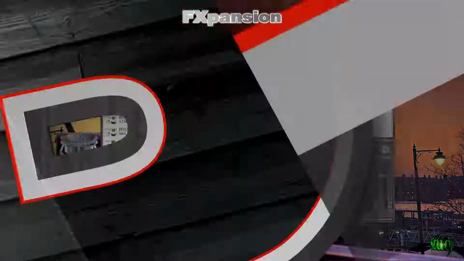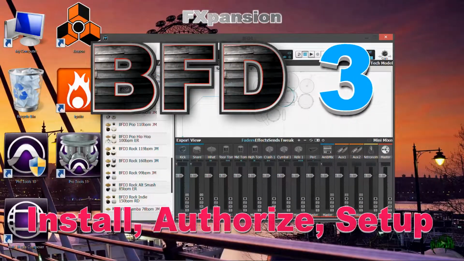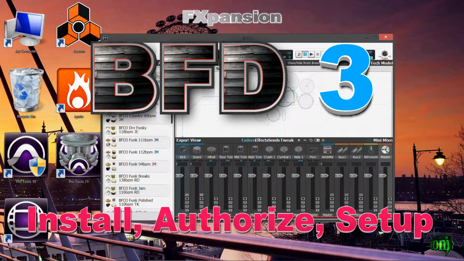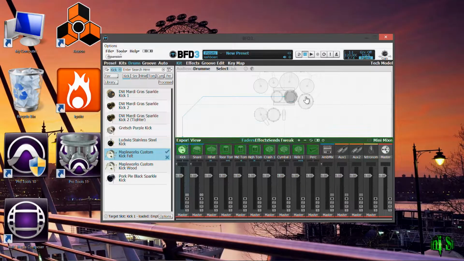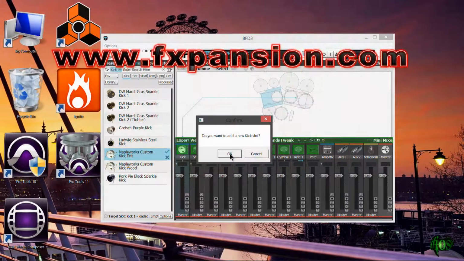In this video, we're going to install BFD3, download the BFD3 core library, install that, and also authorize BFD3 with the FXpansion license manager. So after you've purchased BFD3, and one place you can purchase BFD3 is of course the